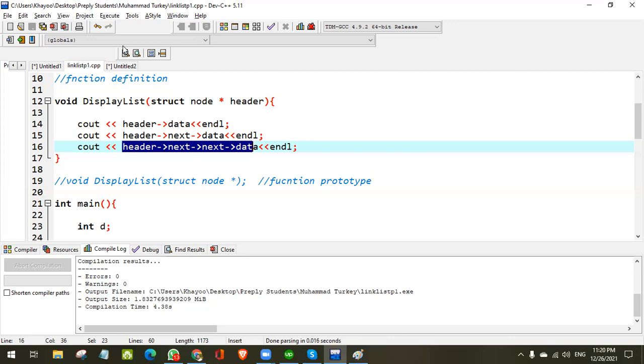But I am hopeful, inshallah, that after this a clear picture will be in your mind about the linked list and about the code. It will not happen that you can't understand the written code. What is actually written and what is actually happening? The first thing in programming, you must understand what this piece of code is actually doing.